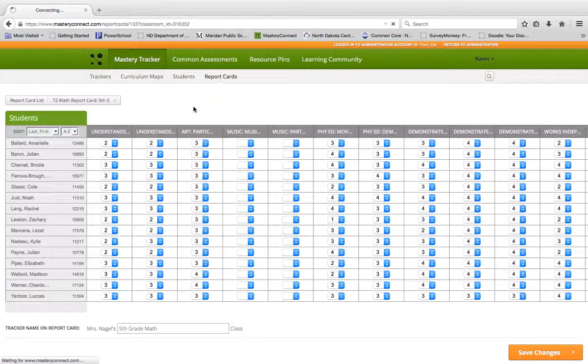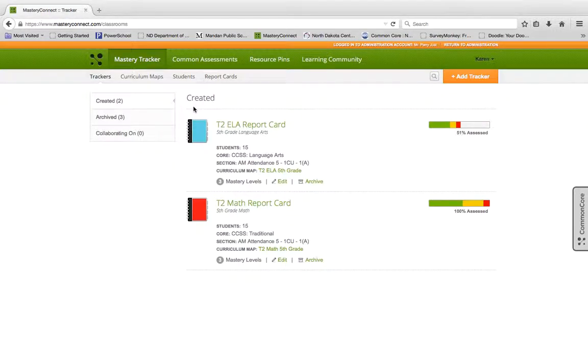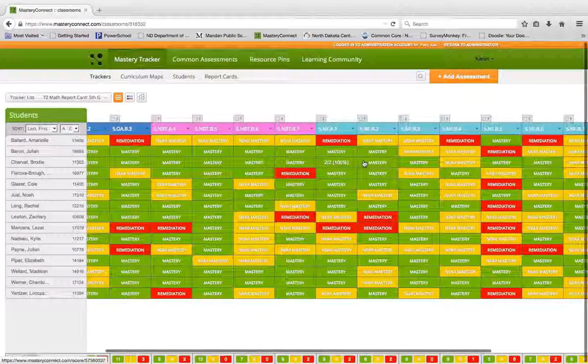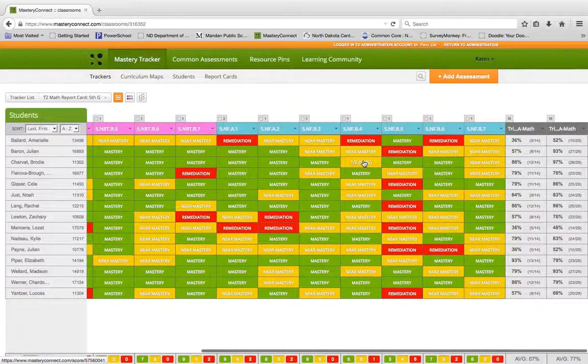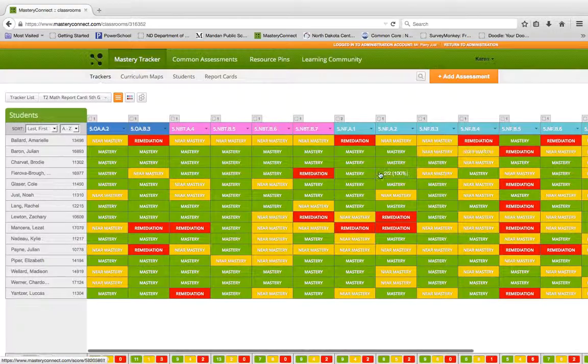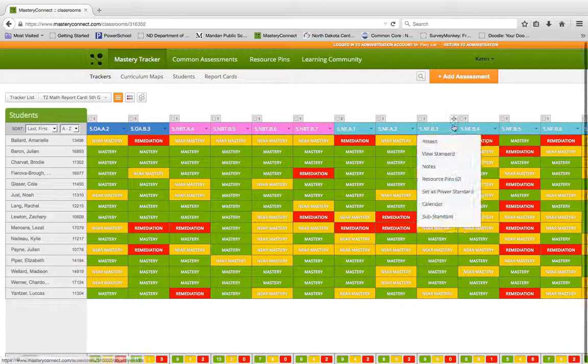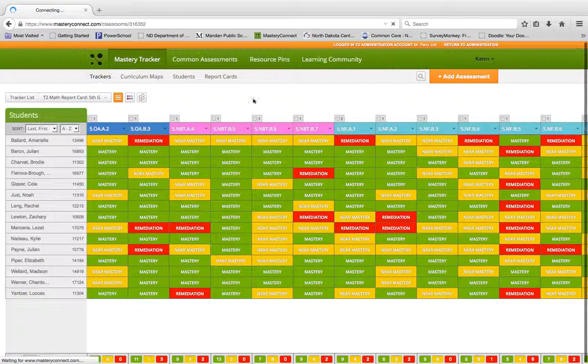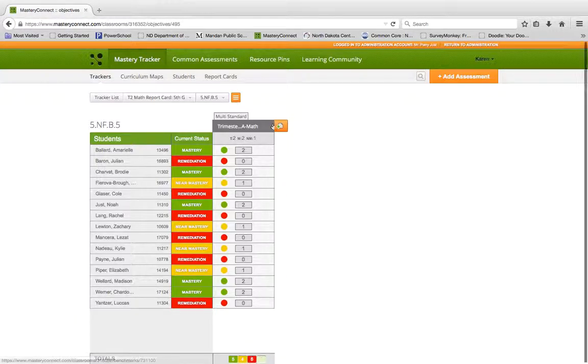If you go back to the Mastery Tracker, a couple of things as we've messed around with this, different folks have given me suggestions and showed me things that happen. When you click into your report card tab, you'll notice that you have all of your stuff filled in. If you aren't comfortable with a particular score that a student got, what you can do is click into each standard where you would like to make an adjustment. You can create